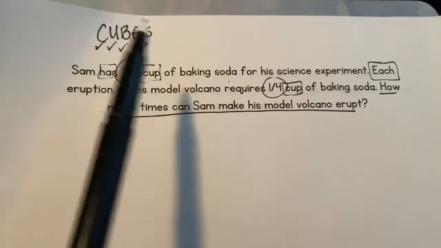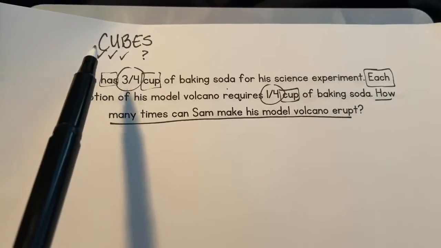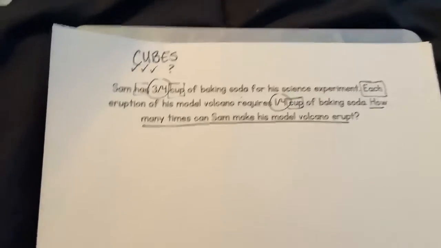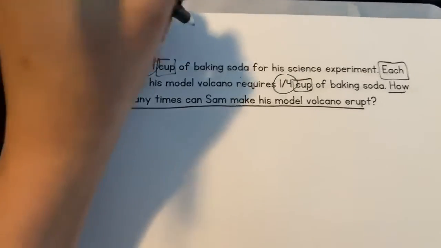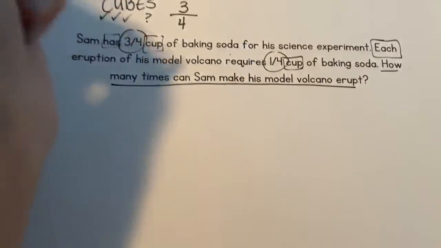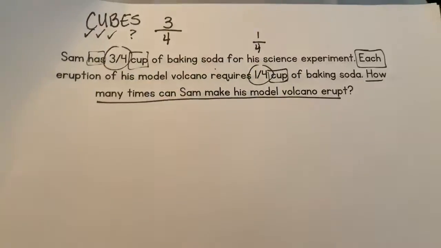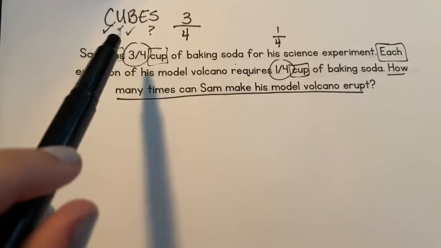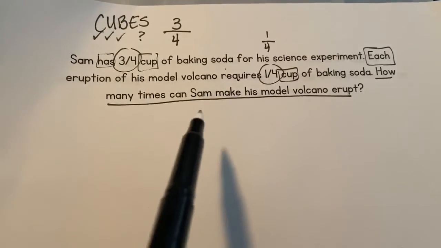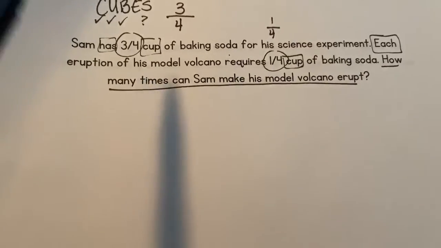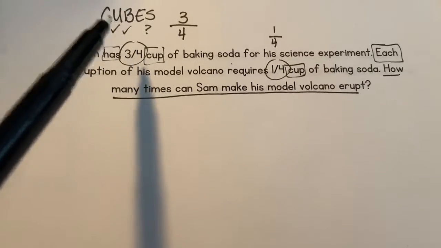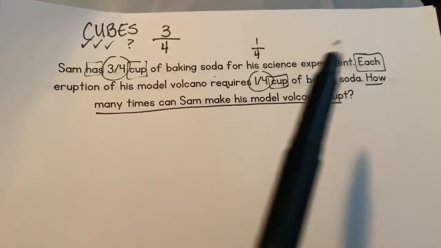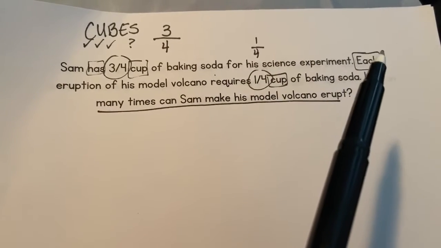So I went ahead and I did my cubes. I circled my numbers, 3/4 cup and 1/4 cup. If that is confusing for you to visualize, then you can just write it the other way, okay? But they are the exact same thing. I underlined my question, how many times can Sam make his volcano erupt? And then I boxed in a couple important words. I know that he has this many cups, and each time he needs to do the eruption, it's going to